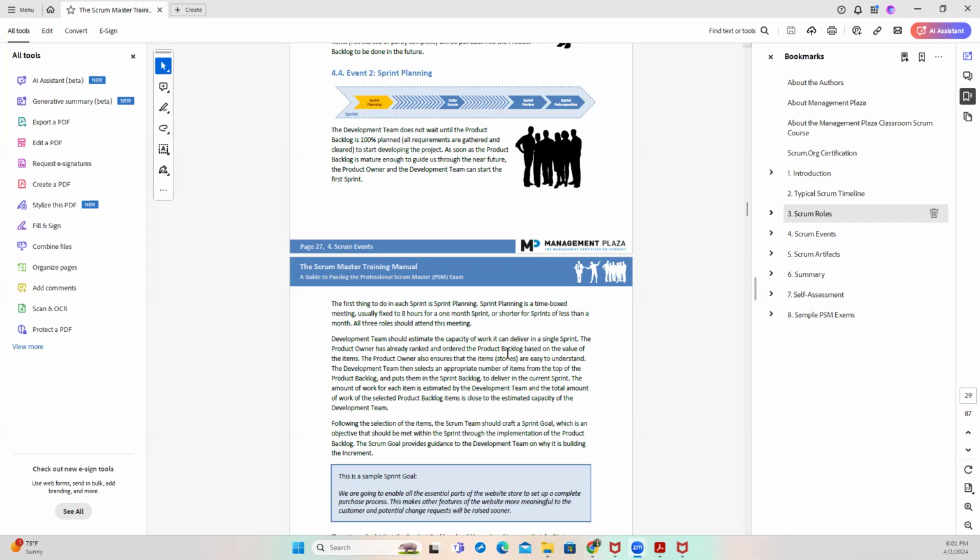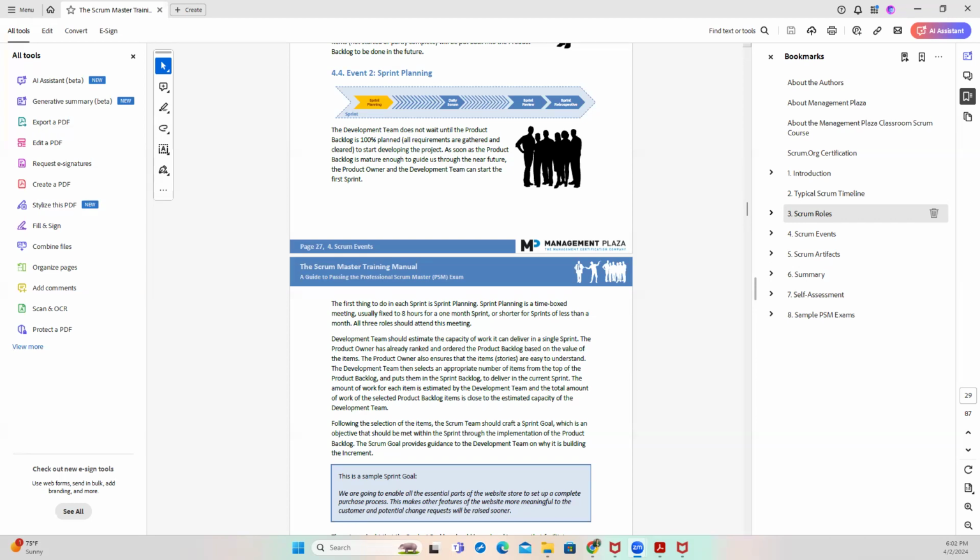Excuse me, Coach. Are you saying that for a 2-week sprint it is going to be 4 hours? Yes, 2 weeks planning is going to be 4 hours. For a 1 month sprint, it is 8 hours. Oh, got you. So they can split it like 2 hours each week.